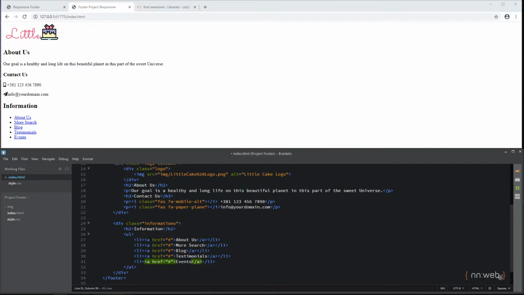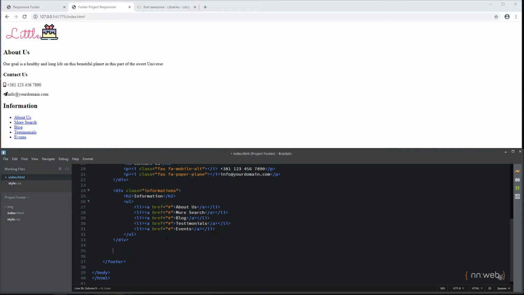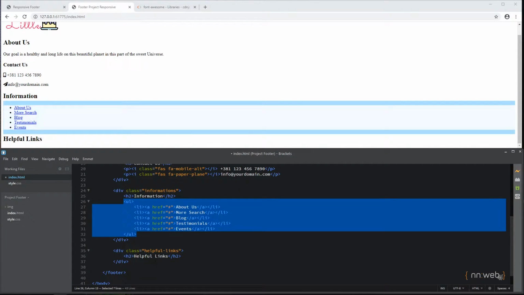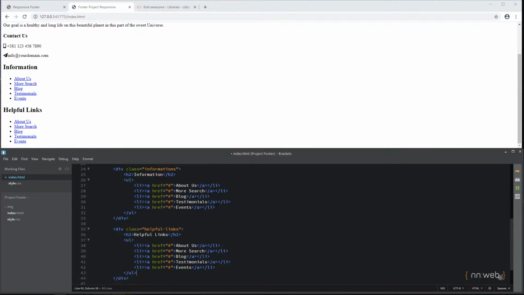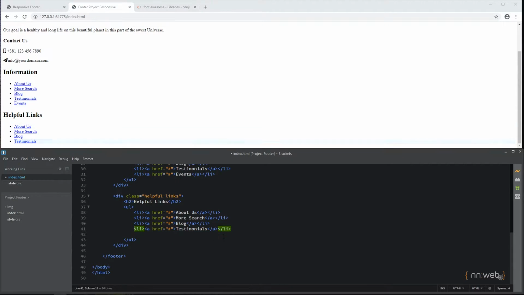Okay, now let's add another division with class of helpful links. Okay, let's add another h2, helpful links, and here we need 4 LIs in unordered list. And let's delete events, for example, and here type